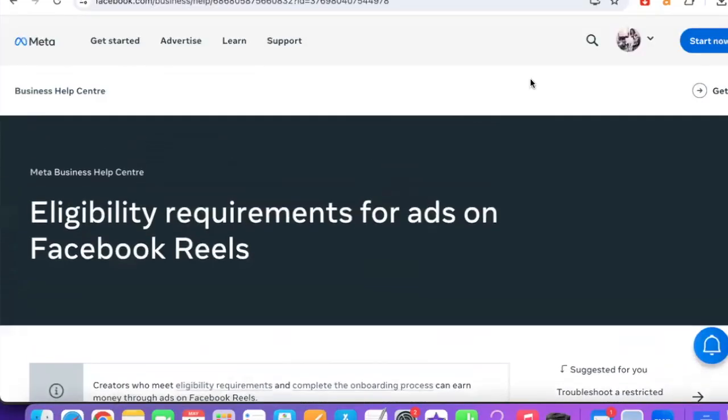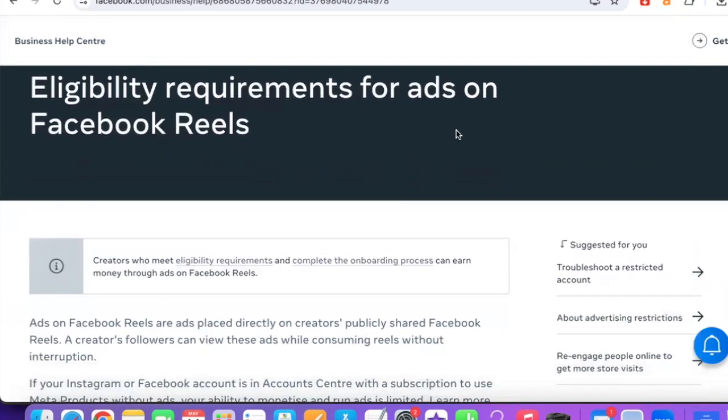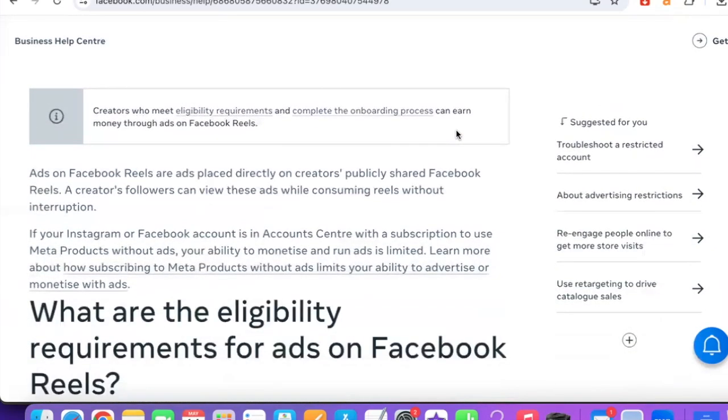Now, as you guys already know, Facebook has a few different monetization options within their platform. One of the ways that you can monetize your Facebook page is to tap into the Facebook Reels. This is where you actually allow Facebook to put things like ads on your Reels, and in exchange, Facebook actually pays you a few pennies as a reward for just having those ads within your Reels. It's very similar to YouTube ads, where you let Google put ads before or during your videos or after your videos, and then in exchange for that, Google pays you a tiny little commission.